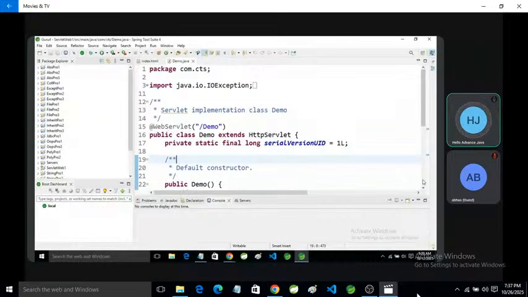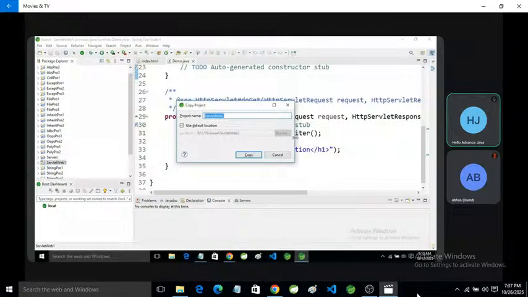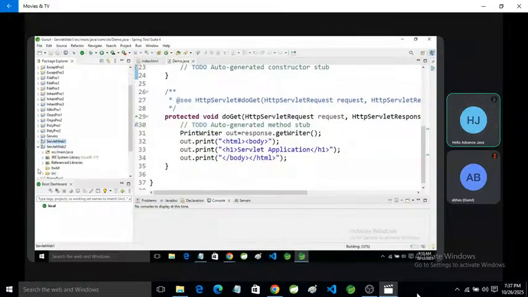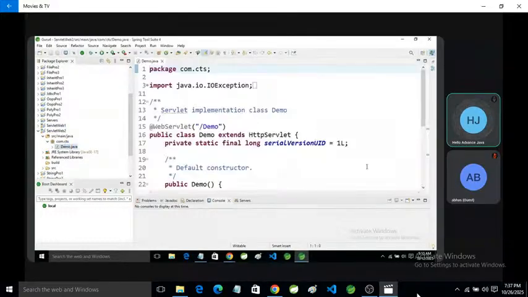So I think this is a yes. This servlet, I'm going to create a new copy, Demo class.